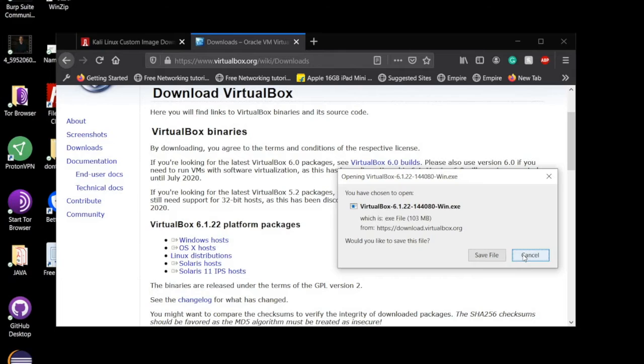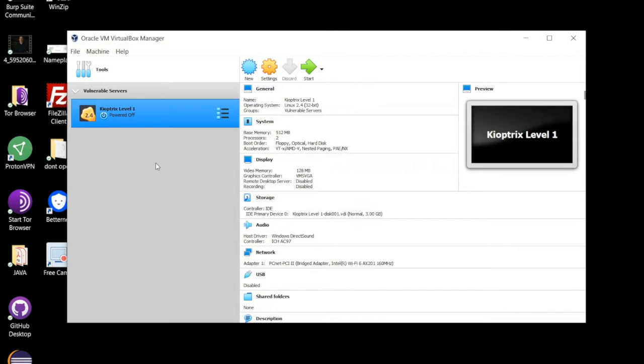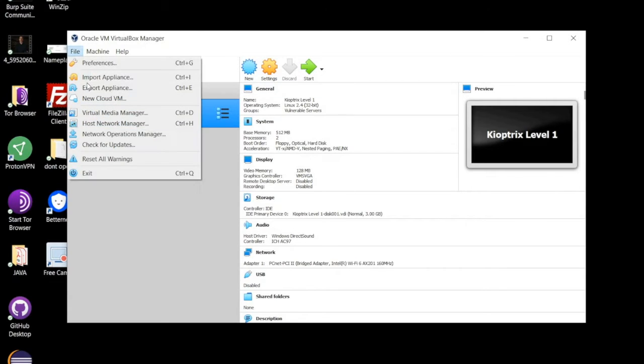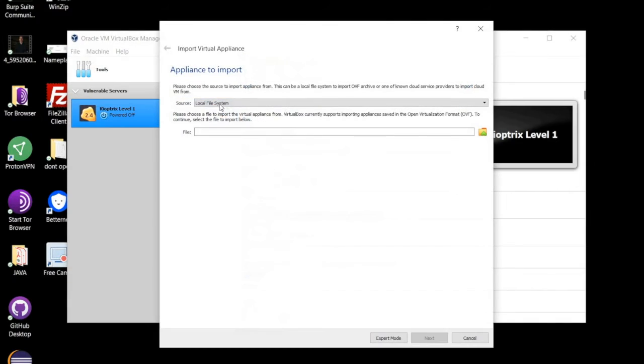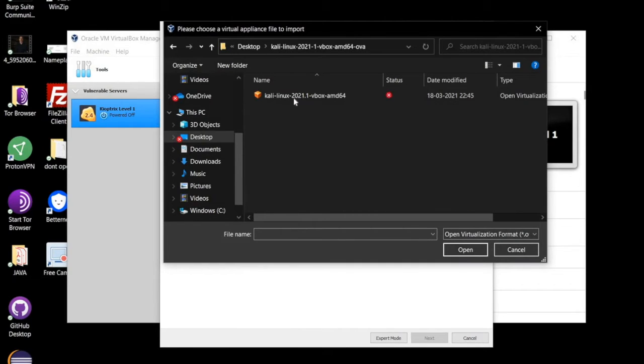Let it be installed. The interface will look like this. So let's import our Kali Linux application. For the downloaded file, which is the whole operating system, click on this, click on open,